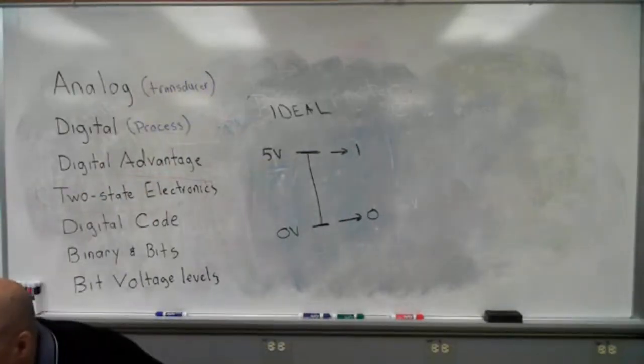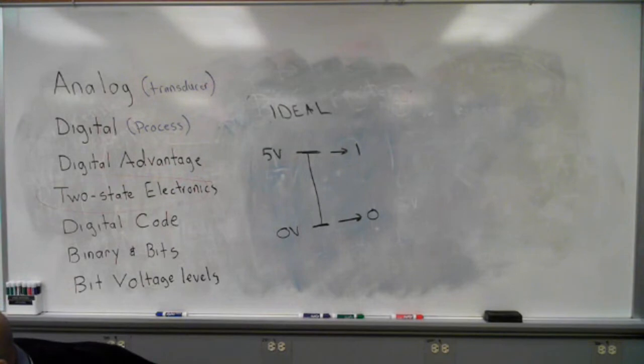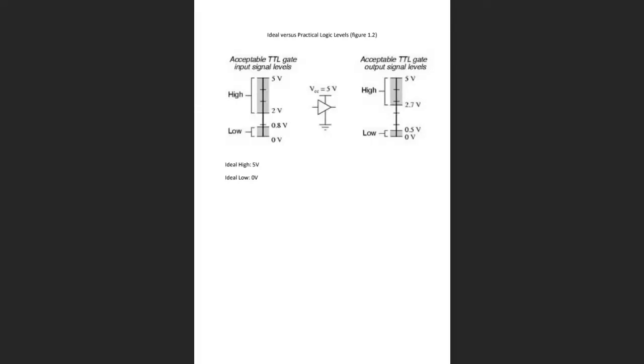Let me go to this other picture. Now, if you zoom in on this, don't worry about the TTL and all of that. I just want you to focus on the picture. We can use the graph on the left or right, it doesn't matter. Instead of having exactly 5 volts that we call a 1, or exactly 0 volts that we call a 0,